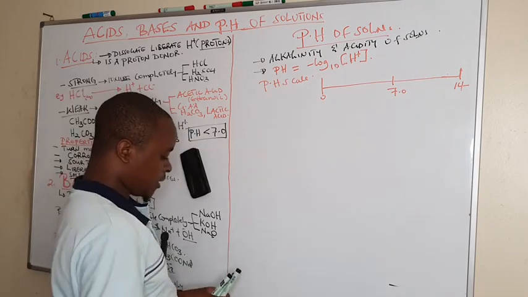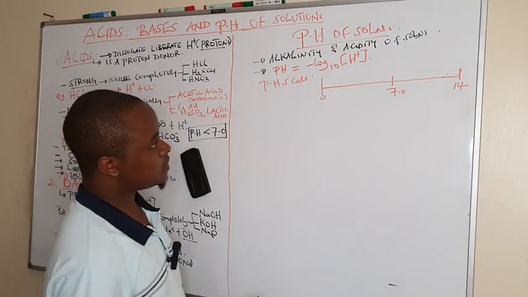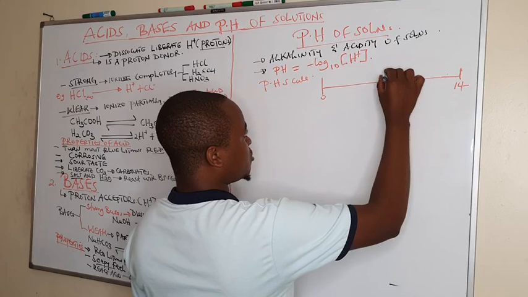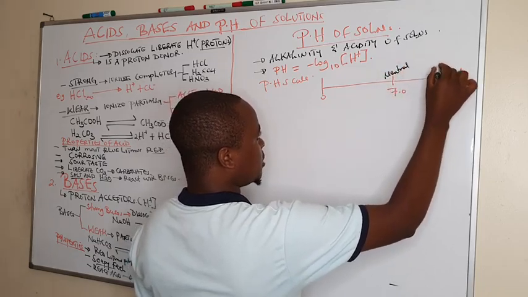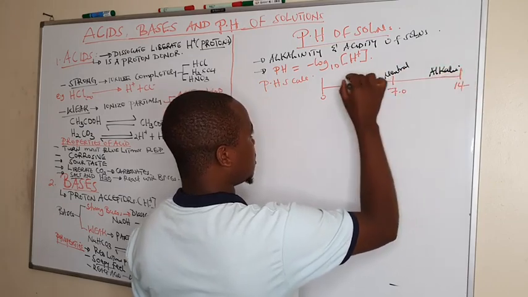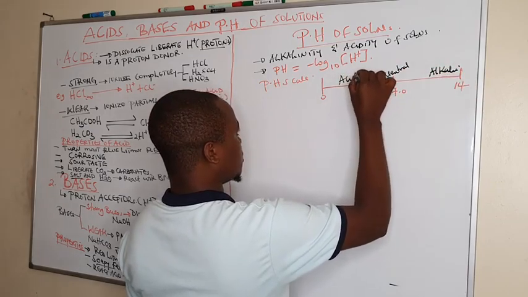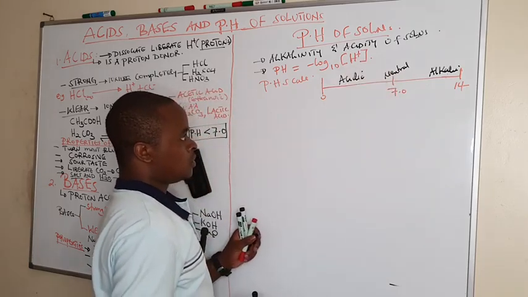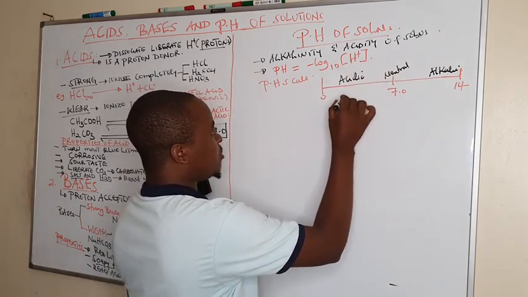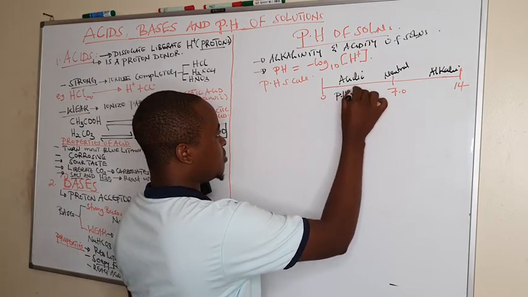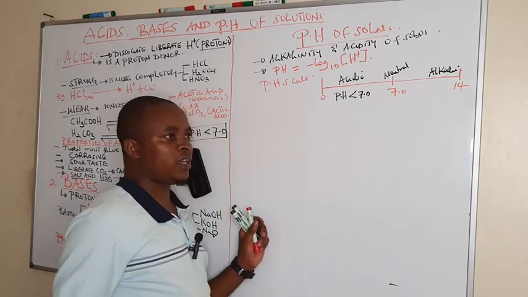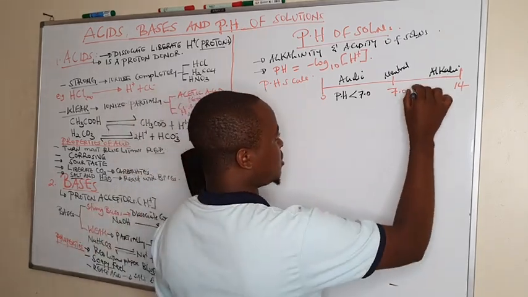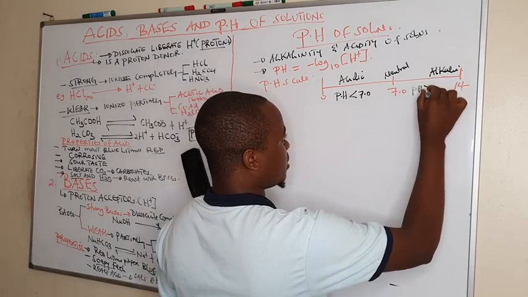So here it is neutral, then this is alkaline, then this is acidic. pH below 7 is acidic, pH 7 is neutral, then pH greater than 7